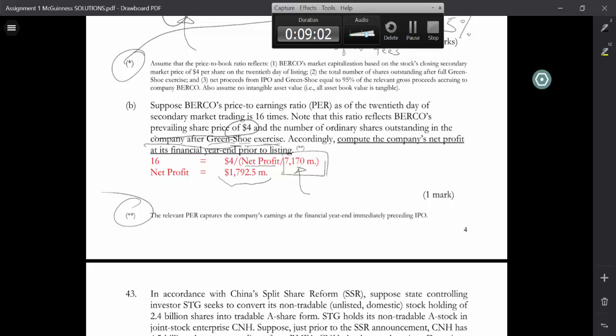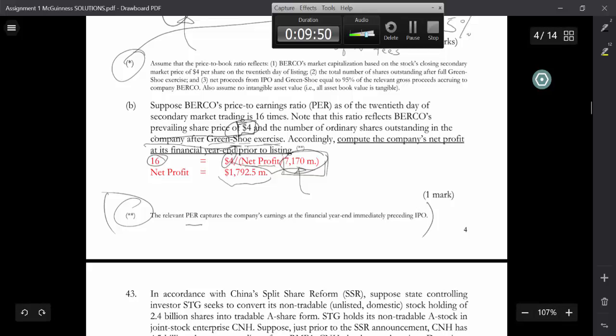Now here, again, this little footnote here is important because it clarifies that the relevant PE ratio that you need involves the current P, but the E is from the end of the previous financial year, or the net profit. So you just set up the equation, 16 times equals P, so this is a kind of EPS, I guess, earnings per share, or net profit per share, divided by